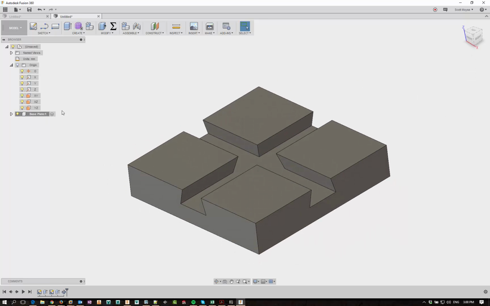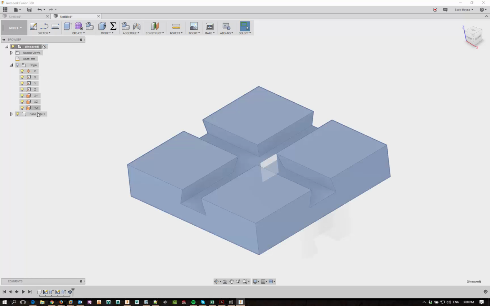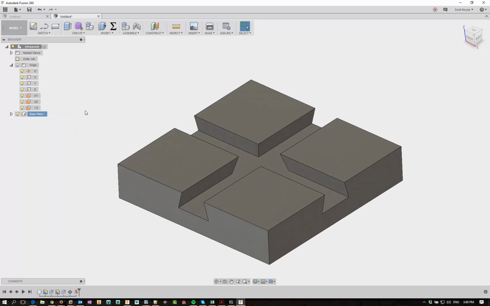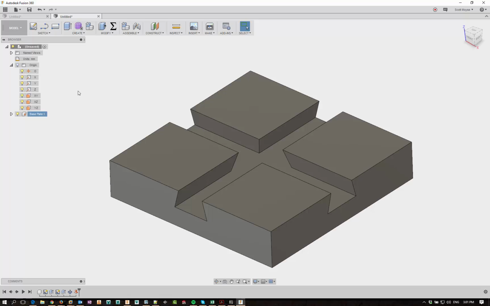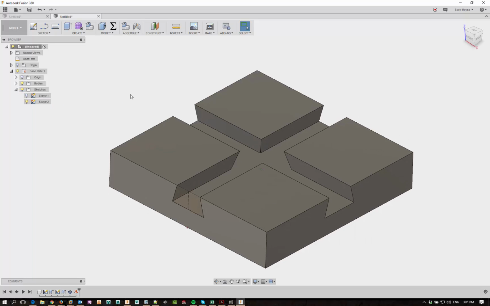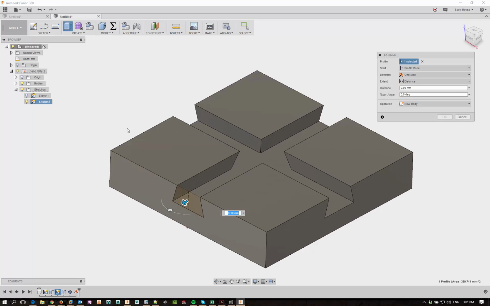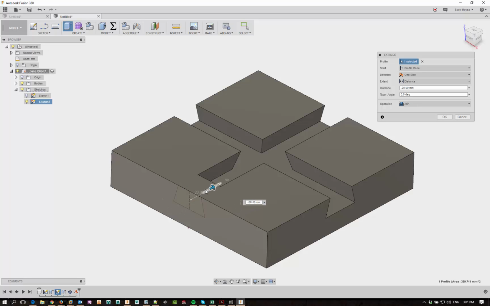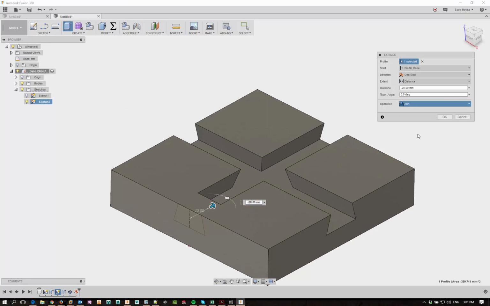So this part's finished, so we can come back up to the top level, right click on this one and ground it, and now we can turn back on that sketch that was in here and actually reuse that sketch. So now we can extrude that out for a new component. Okay, new component,